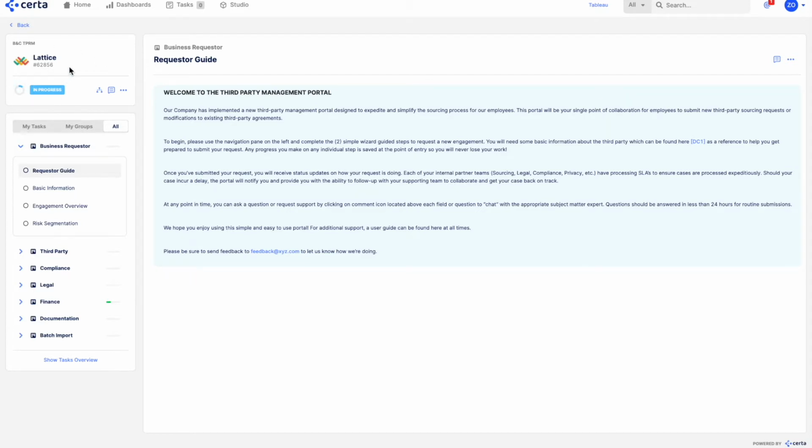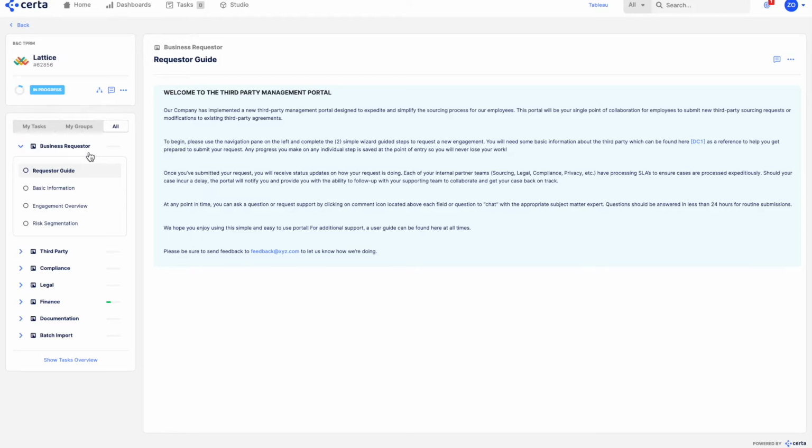All fields and the workflow at large can be configured entirely to your organization's business rules and processes. This is the administrative view of the Certa platform, where you can see a holistic view of the third-party onboarding process across all key stakeholders and functions involved, such as the business user, the third party themselves, the compliance team, finance, and so on. The process can begin with an intake form that can be completed by the business requester